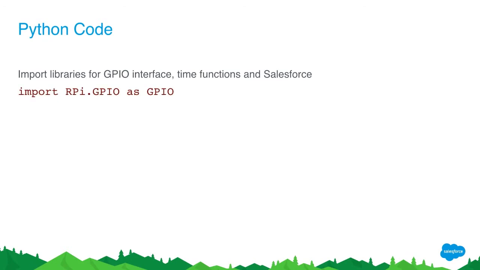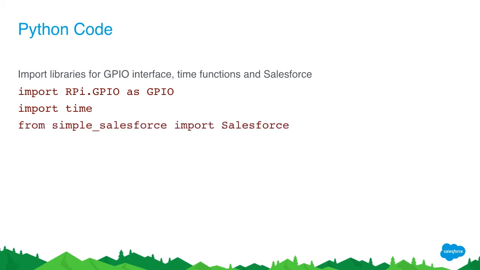So getting right into the code, there's a few libraries that we're going to need. This first one is so you can actually interact with the GPIO port. You're also going to need a time library, because in our case, we're creating records on Salesforce that have timestamps. So we need those APIs in order to get the information that we need. And last but not least, of course, we're going to need the Simple Salesforce API.